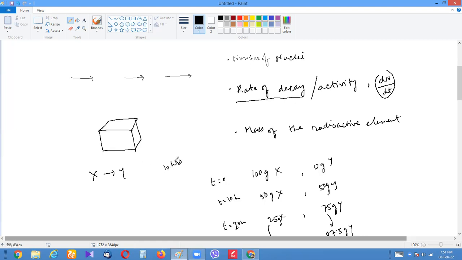And if we assume that the half-life of this material is 10 hours, then how would the amounts within this block, what would be the proportion or constituent ratio of X and Y over the duration of the half-lives? So what we've learned in our O levels, what will happen after every full multiple of half-life duration. So if I assume at t equals to 0,